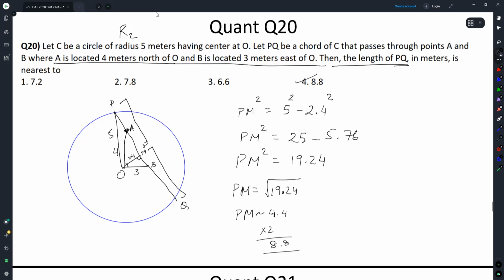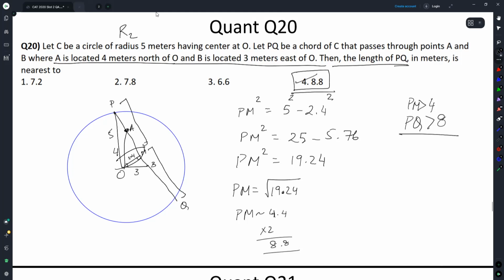But yeah, I think the smarter thing here to see is PM is greater than 4. So PQ has to be greater than 8. Among the options, the only one that fits is this. I think Arjun said this. Yes, PQ has to be greater than 8. Only option 4 suffices. Options are nice, but otherwise not leaving a good taste. Good thing I left it for round 2. Let's move.